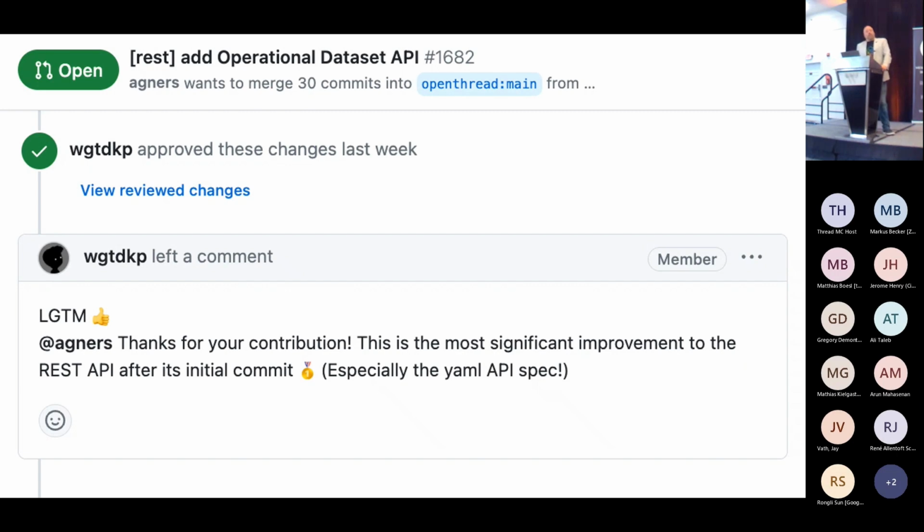So that wasn't there. So we have actually contributed back to the OpenThread reference implementation. And this has been accepted. And as you can see, I highlighted this comment saying it's the most significant improvement since its inception. And actually, a reference implementation is great. And I think if Thread is going to succeed, it's because of this reference implementation.